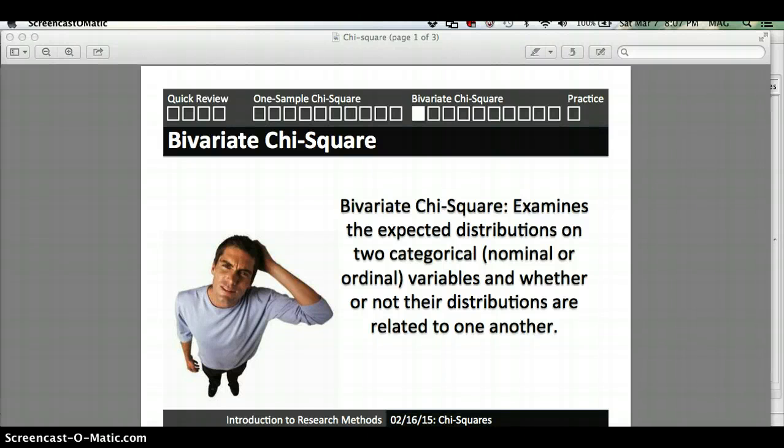The following video is going to illustrate how to calculate both the chi-square and crosstabs using SPSS. As you see on the screen, the definition of a chi-square is when you examine the expected distributions on two categorical variables and whether or not those distributions are related to one another. In simpler terms, all this means is that we're comparing two categorical variables and seeing if they're significantly related to